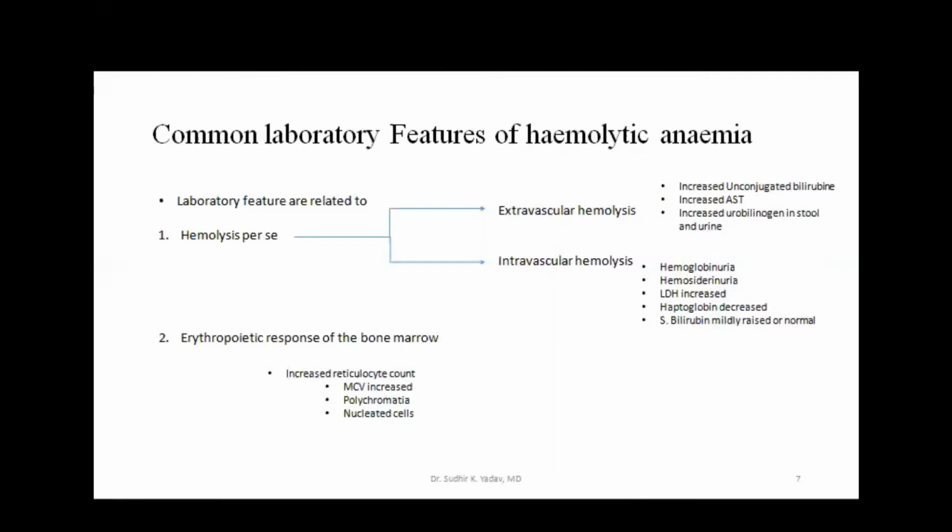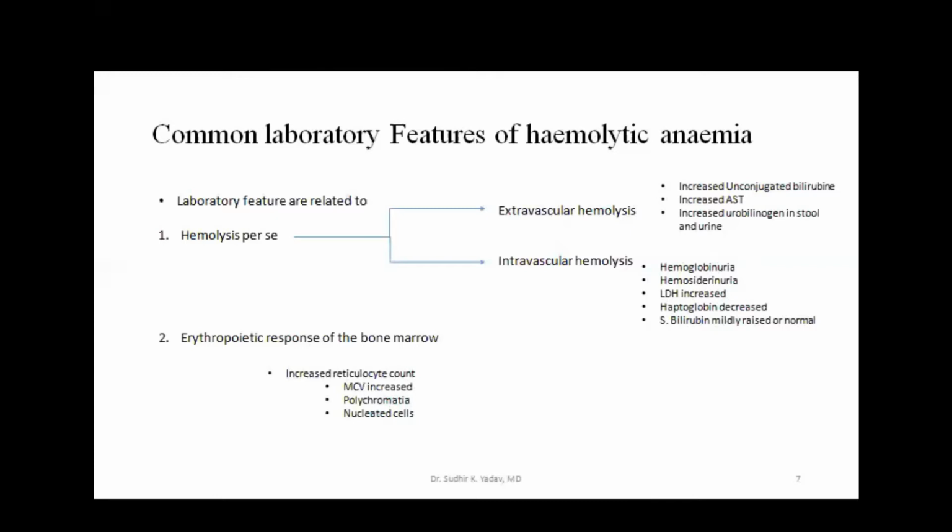If erythropoietic activity is increased, it means the reticulocyte count will increase. Everyone agrees with it. Reticulocyte count will increase, whether you say it as a percentage or as an absolute number. Reticulocytes are larger in size. If their number increases, what happens to the MCV?